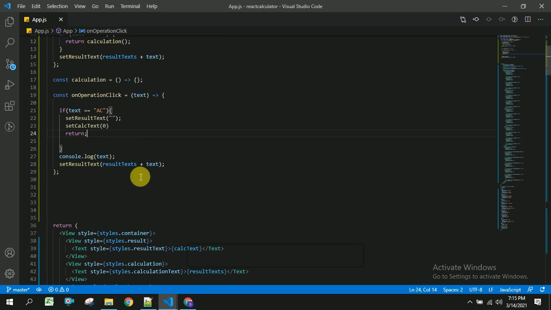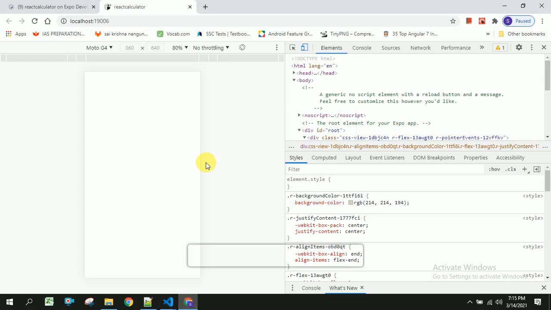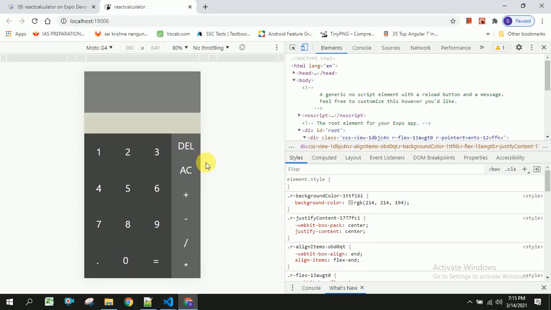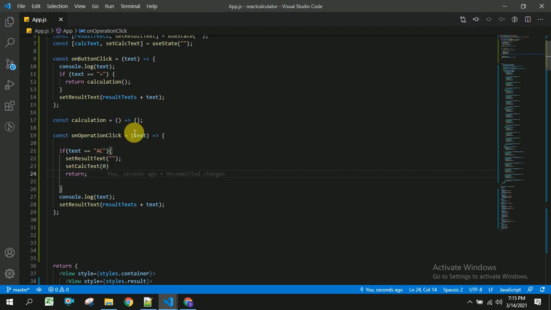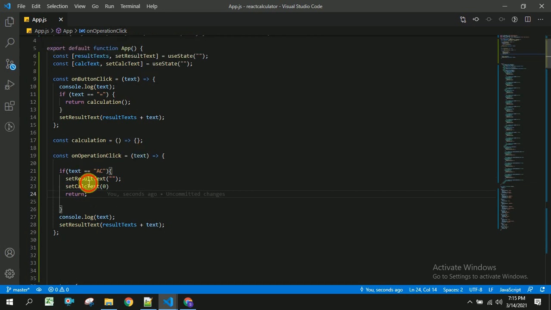Now let us see whether it's working or not. So I am going to specify some numbers, and we have to refresh, I think. Result text and calculation text.